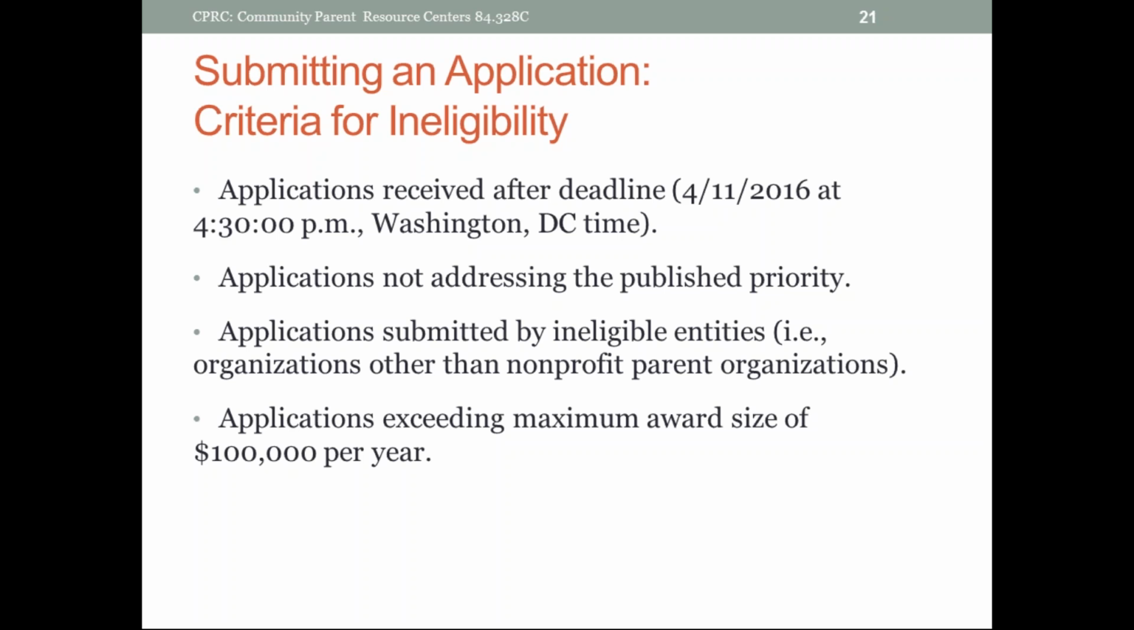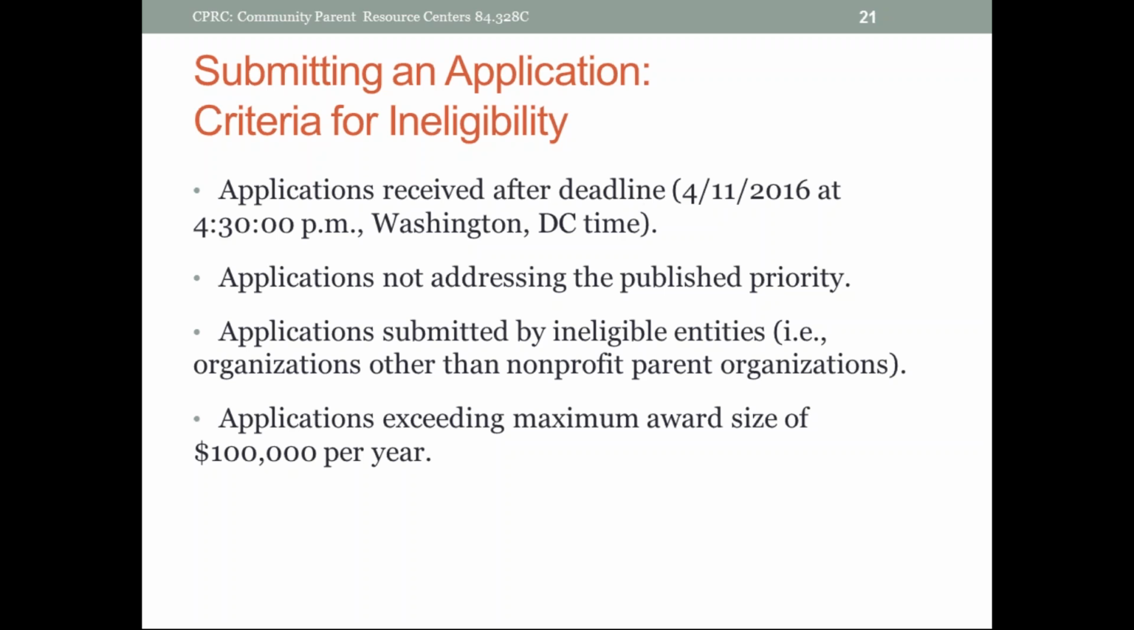What I mean by that is you saw what's being required: it's to provide training and information to parent centers. Therefore, if you propose to do, for example, a playground project for your community, that's not addressing the priority. So you may have done everything right, but because the playground isn't what we're trying to fund, that application will